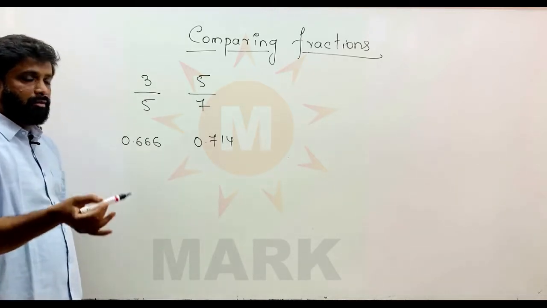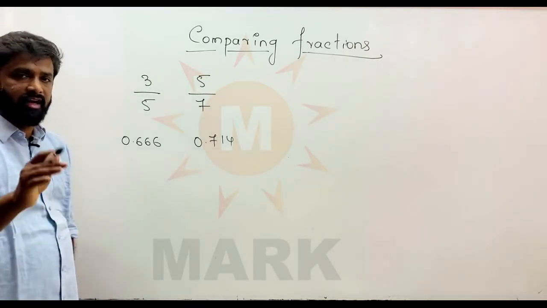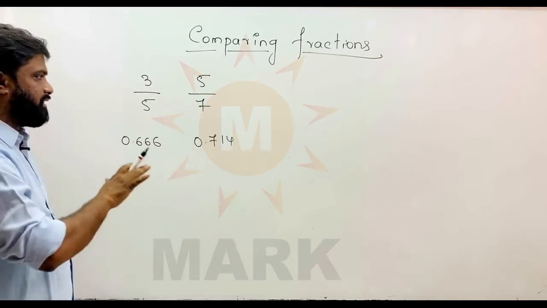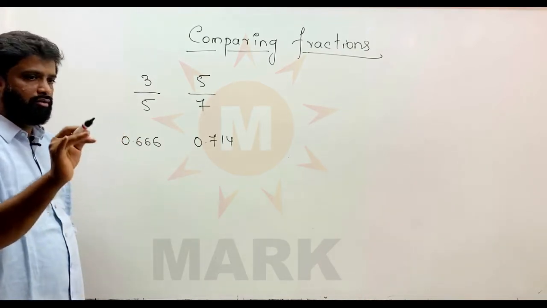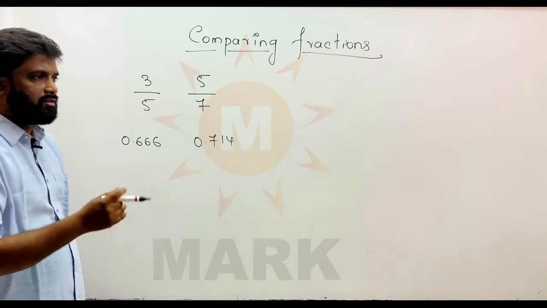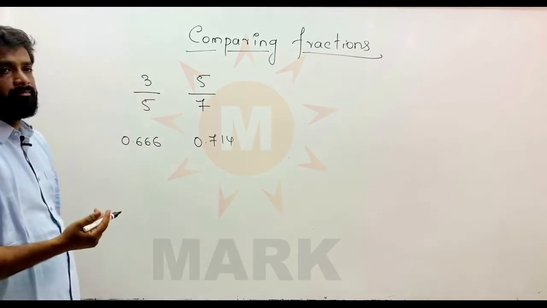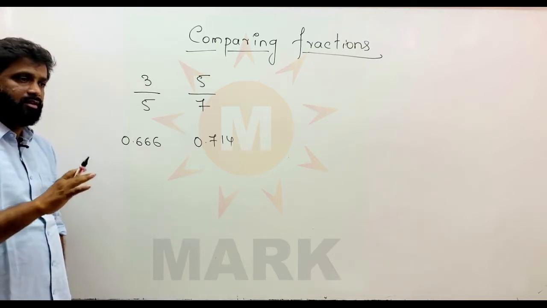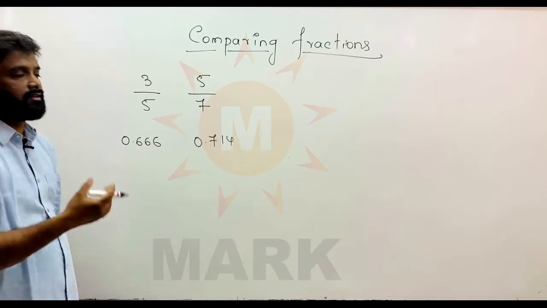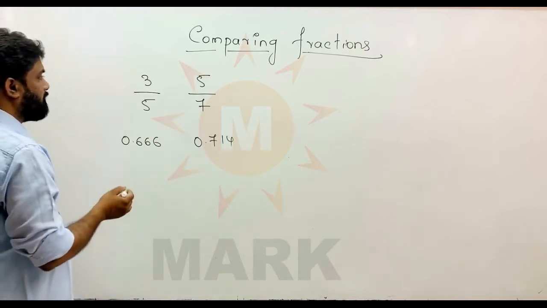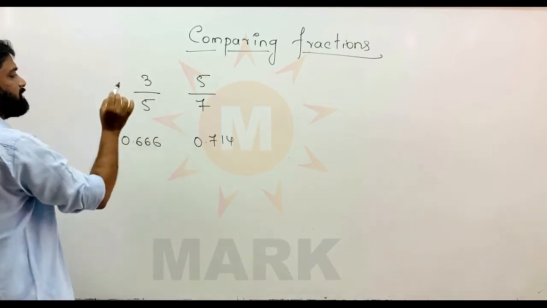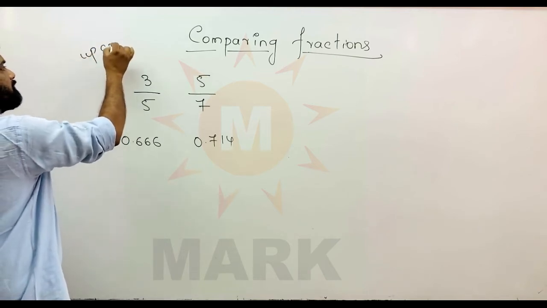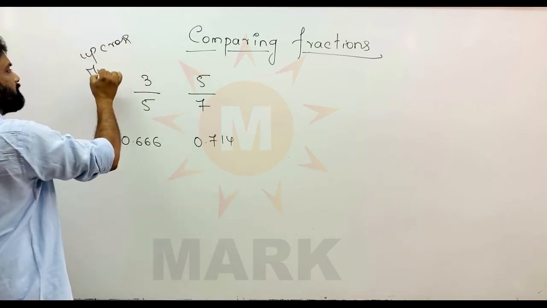But suppose you are writing a competitive exam where a calculator is not allowed, and you have got only a maximum of 1 minute for aptitude questions. How to do it faster? Particularly in the aptitude section, it is very important to be accurate and also faster. Then only you will be successful. My dear friends, there is a very tricky method called the up-cross multiplication method.